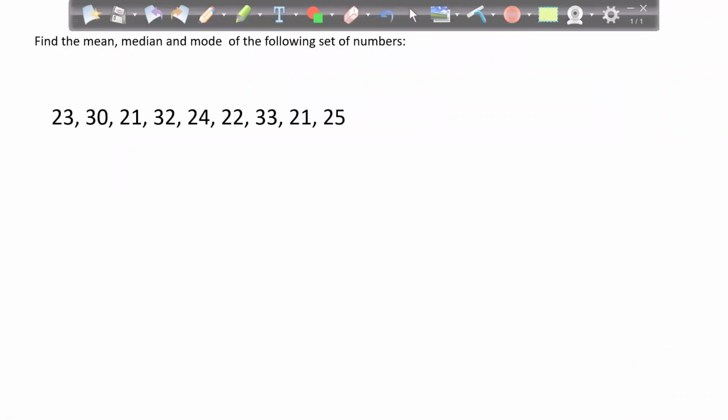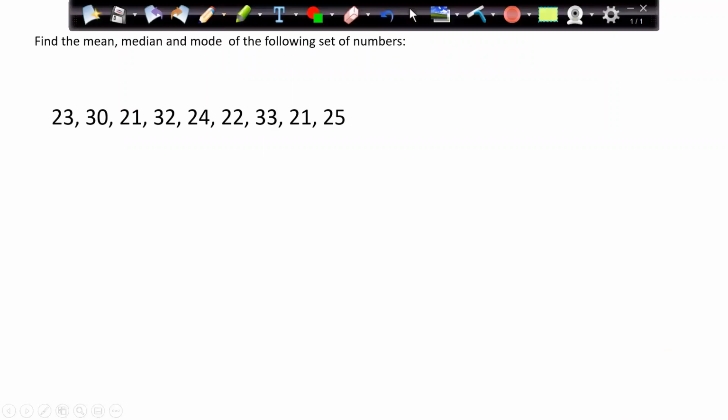We'll try to understand that in detail. We'll try to solve a lot of problems so that the concept will be very clear. So as I mentioned, we'll solve a lot of problems. Let's start with the data set. So here is my data set, and now we want to find out the mean, median, and the mode of my data.